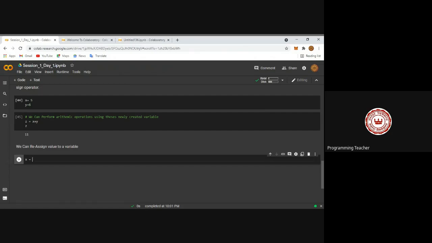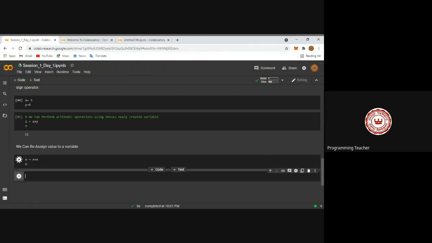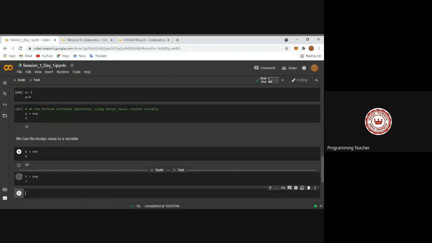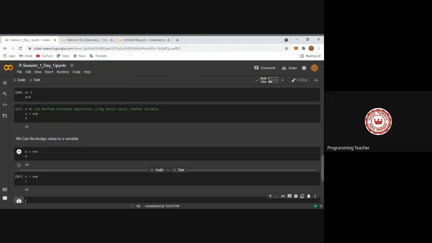Now I am going to modify x equal to x plus x. What is my updated x? That is 10. Now if you try to run line number 45 once again, that is z equal to x plus y, then what will be the updated value of z? That is 16, because y remains unchanged, x is updated properly. So this can be done.